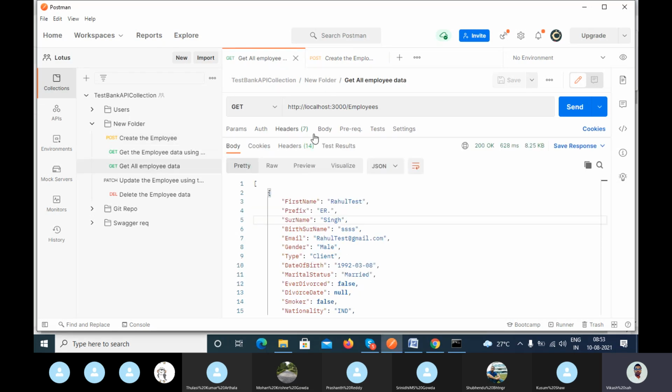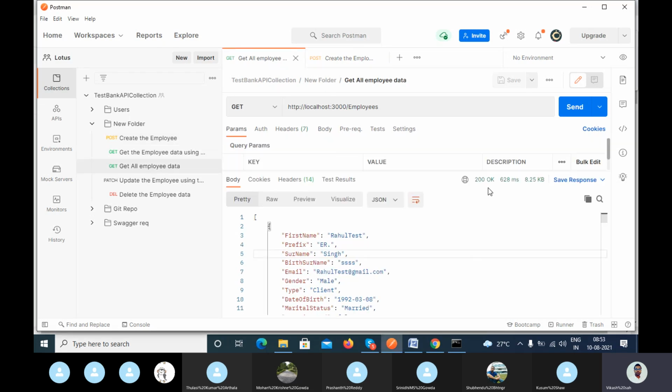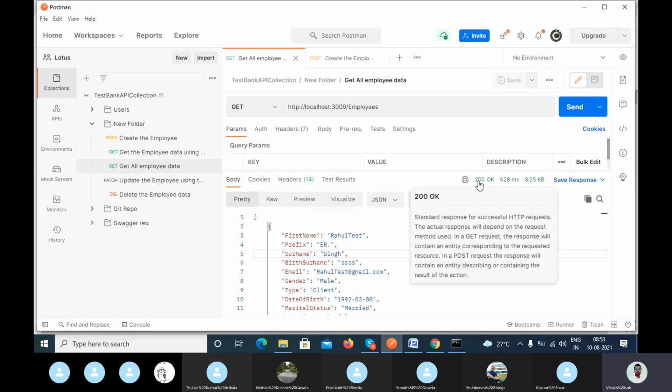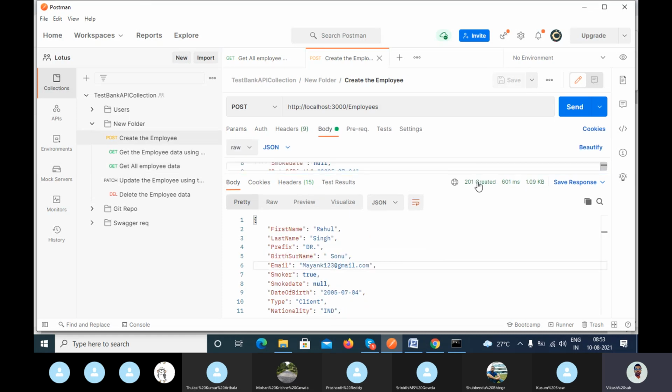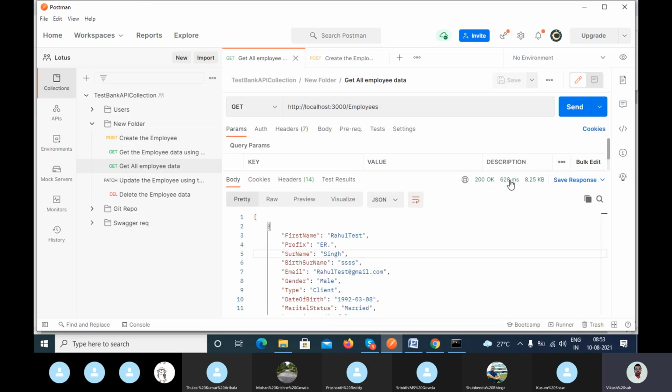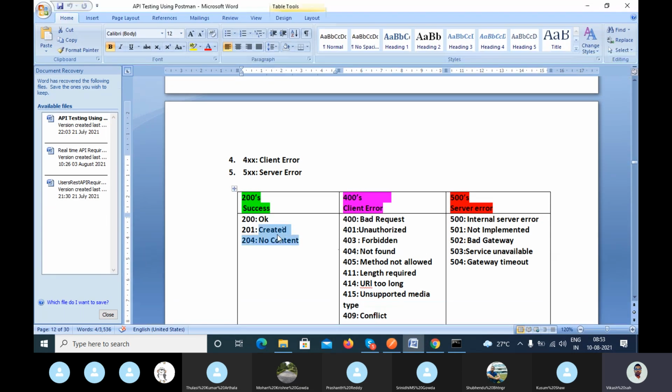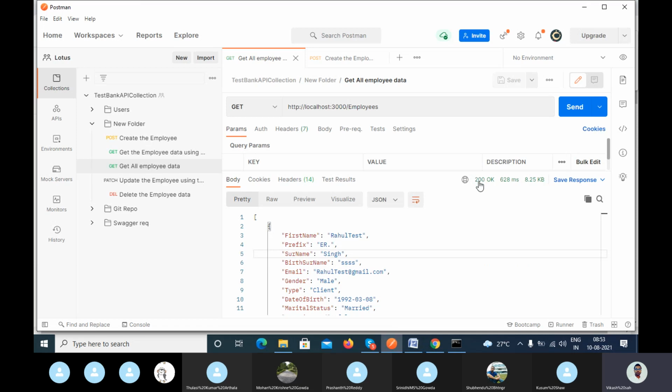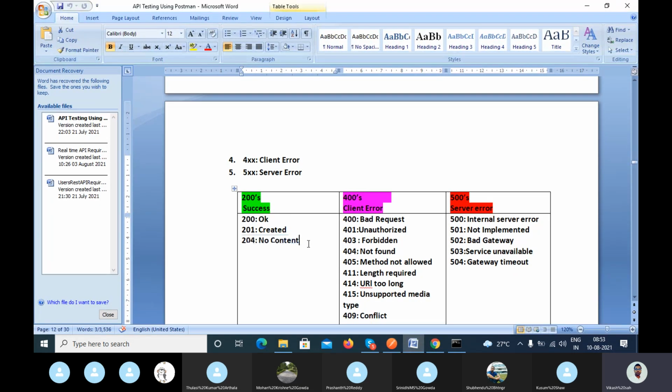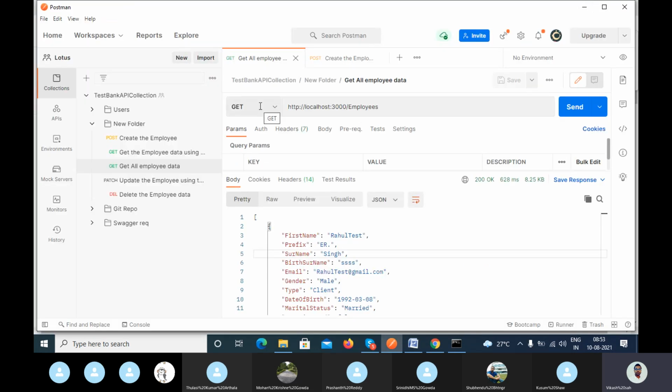In the case of the GET method, the developer has to only use 200 OK, not 201 created, because 201 is for creation. And 204 no content, the server also can't return 204 no content. It should be only 200 if you are using the GET call.